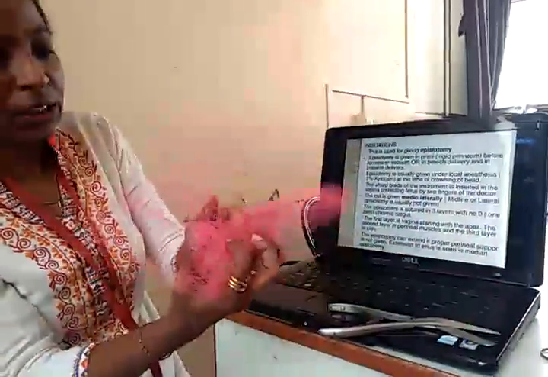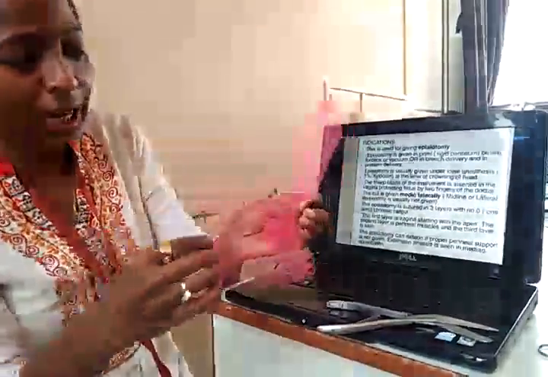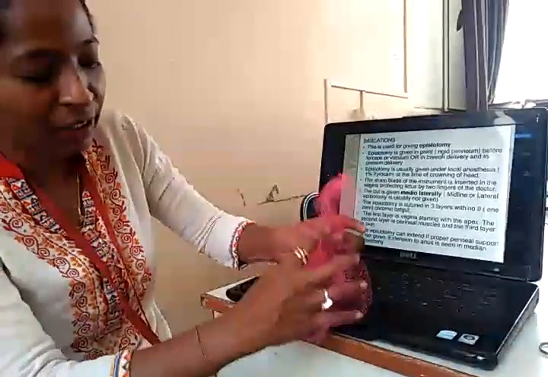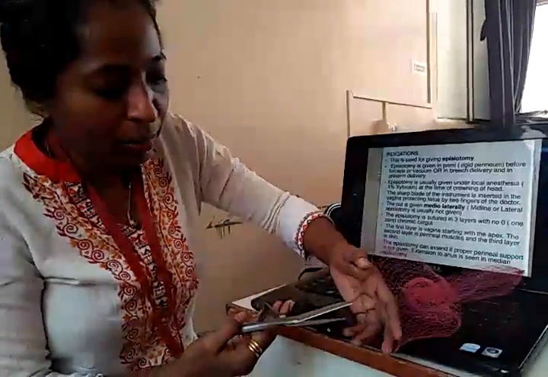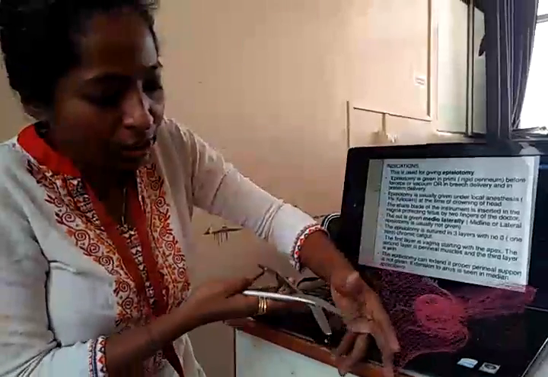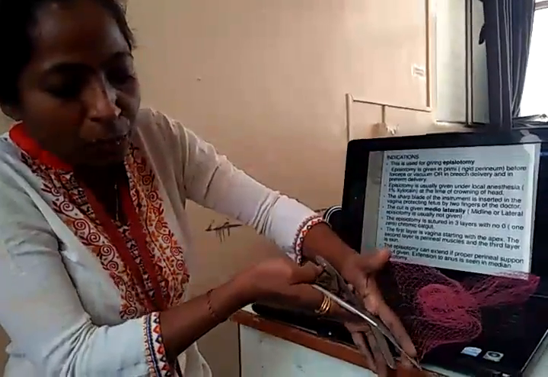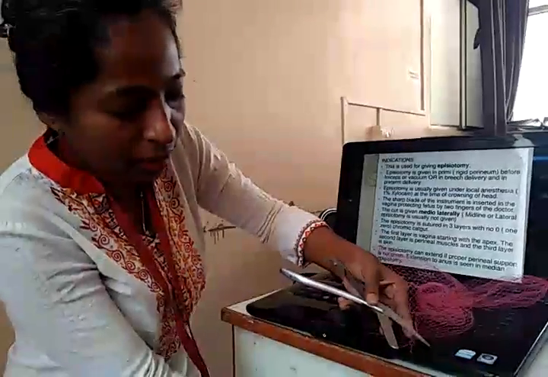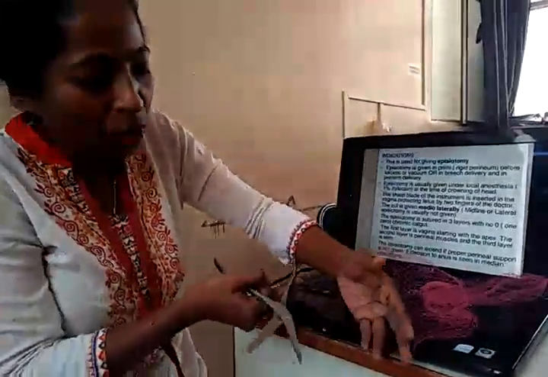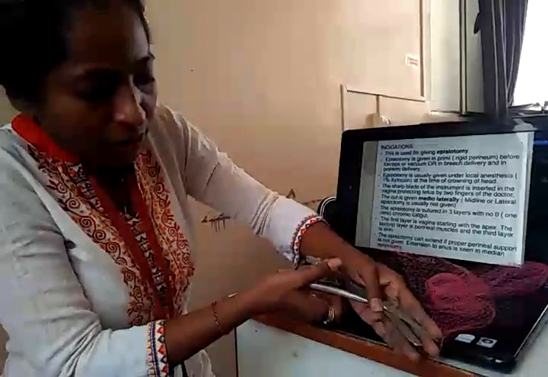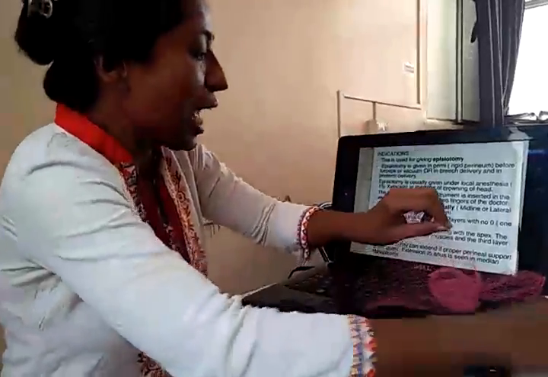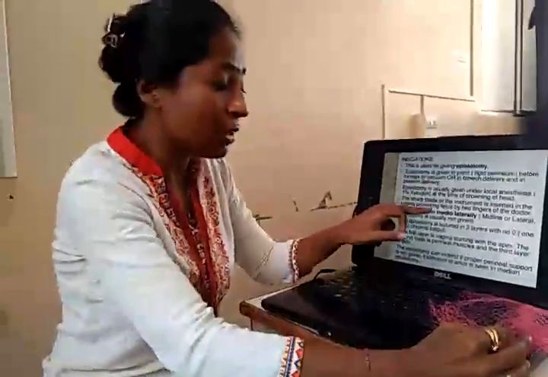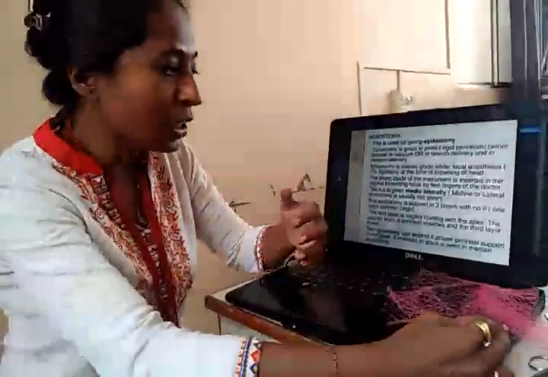So this is the position of the uterus, cervix and vagina. This is the normal position, and when the head comes downward, the protection is given by the two fingers, and the direction is this way. So the head is protected, the lower part is the anal region, and in between is the perineum. So this way it is given. The sharp blade of the instrument is inserted in the vagina, protecting the fetus by two fingers of the doctor.